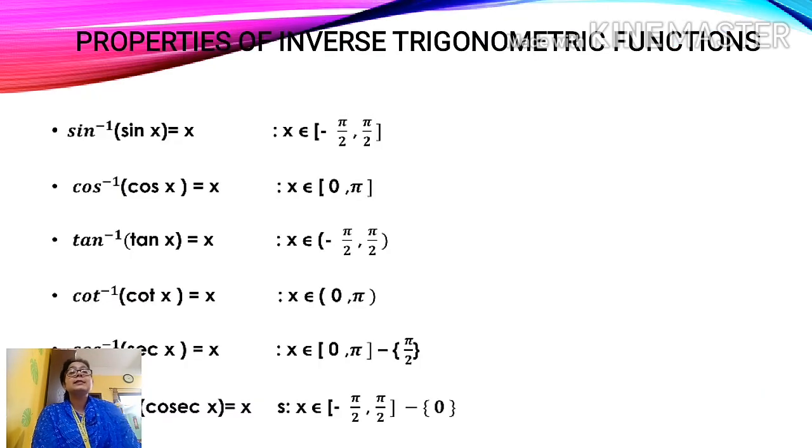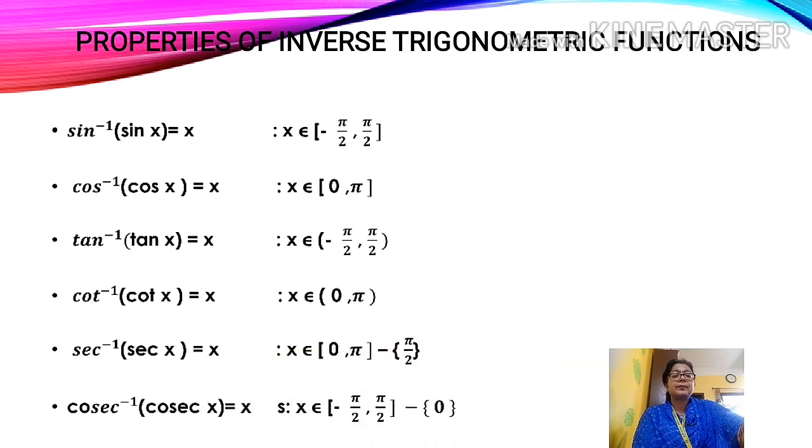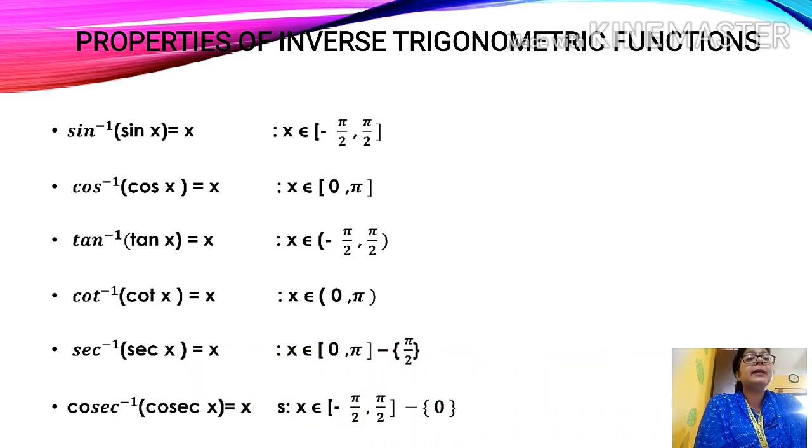Now we will discuss some properties of inverse trigonometric functions. Here, sine inverse x, just now I had shown in the previous slide, is the range or the principal value branch. Now just check it. Sine inverse of sine x is equal to x. That means sine inverse and sine can be cancelled out, but we cannot cut it. We just omit it and we can write x. But if we write only sine inverse sine x equal to x, it will be wrong. We have to mention the range. That is, the principal value branch you have to mention.